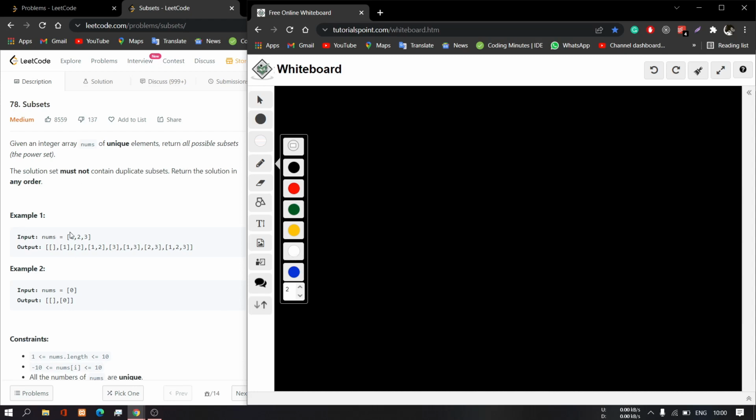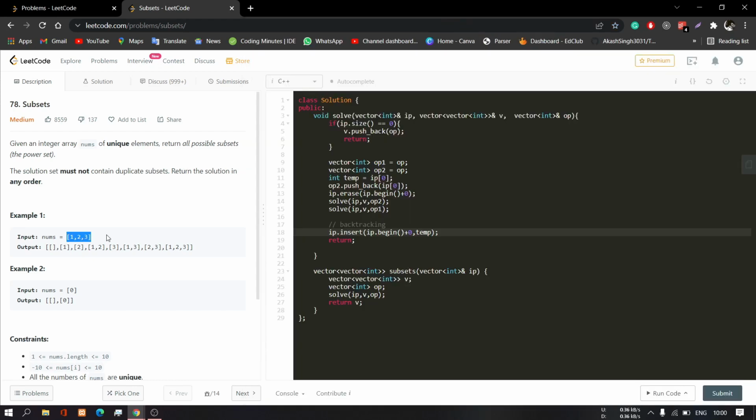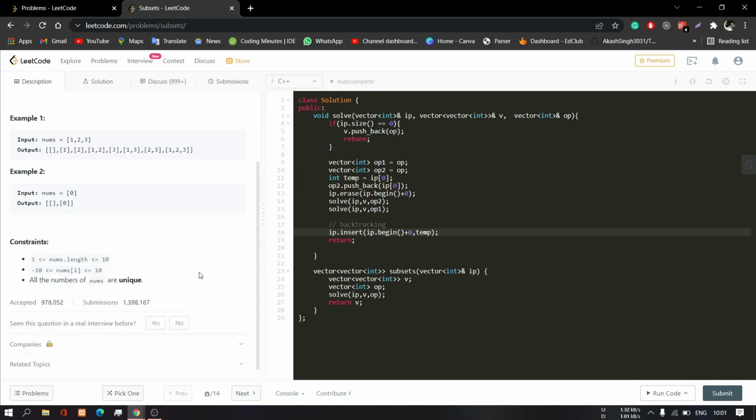So for example, if you see example one, for 1 2 3, it has an empty set because we want the power set. So it will generate empty, then single 1, single 2, single 3, then 1 2, 2 3 and 1 3, and 1 2 3, the complete one. And for example 2, there is only one element, so one empty set and one set with element